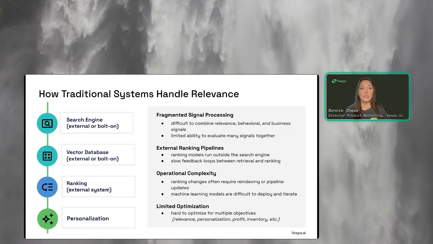One of these is signal fragmentation. Each system processes signals independently, which makes it difficult to evaluate all of them together. Then you get into the external ranking pipelines. Now, machine learning models often run outside the search engine, and this can create a slower feedback loop between the retrieval and ranking,